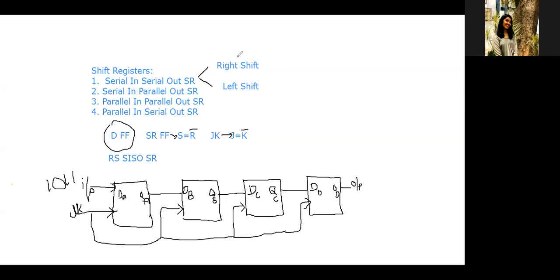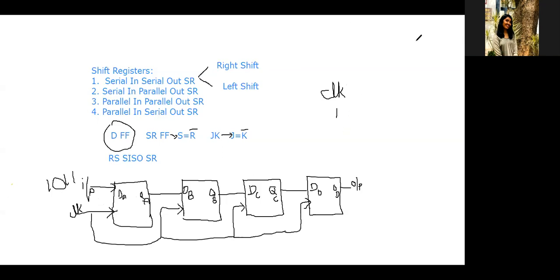Now if you are considering the tabular form, first when we consider the clock pulse, this input we are going to connect to DA, so this 1 is connected here.